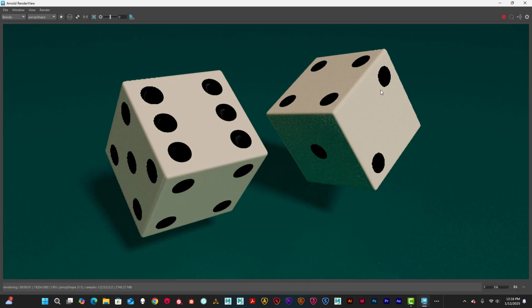And we'll just pause. Okay, we're back, and here's the final image. Looks really good. I'm going to go ahead